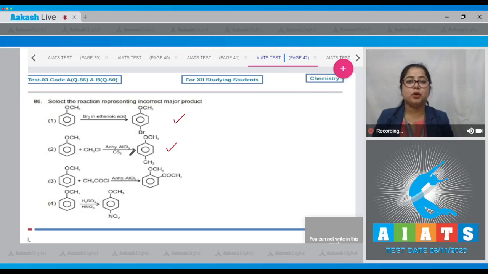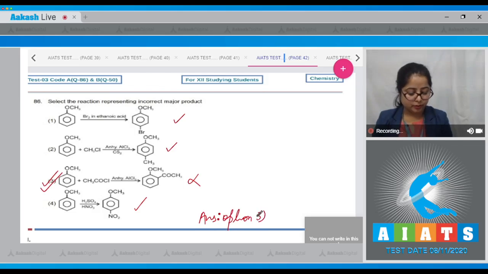Here also the major product is para-acyl anisole, but here the given product is the ortho product, which is a minor product. As we have already discussed, anisole on electrophilic substitution reaction gives para product as a major one. So this is an incorrect product. Anisole on reaction with H2SO4 and HNO3 gives para nitroanisole. This is also the correct product given. That means the correct answer is